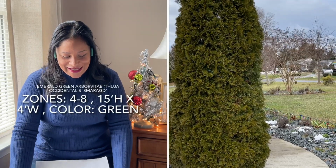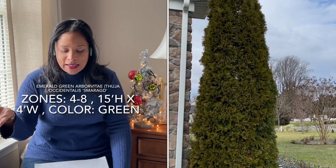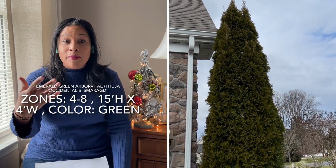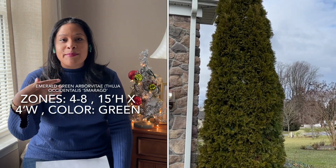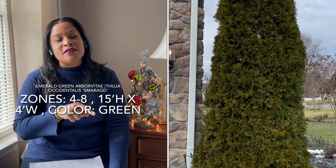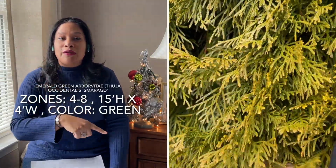Okay, so then the next one is the emerald green arborvitae, also known as the Thuja occidentalis. This emerald green arborvitae is a family of that golden globe arborvitae. So all those arborvitae that you're going to see, they look like plastic. Literally, they look like plastic. They're so good. And I use this